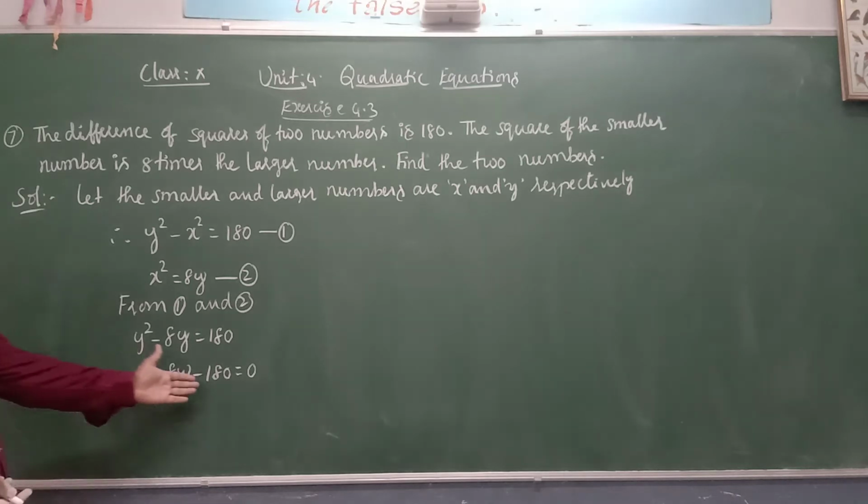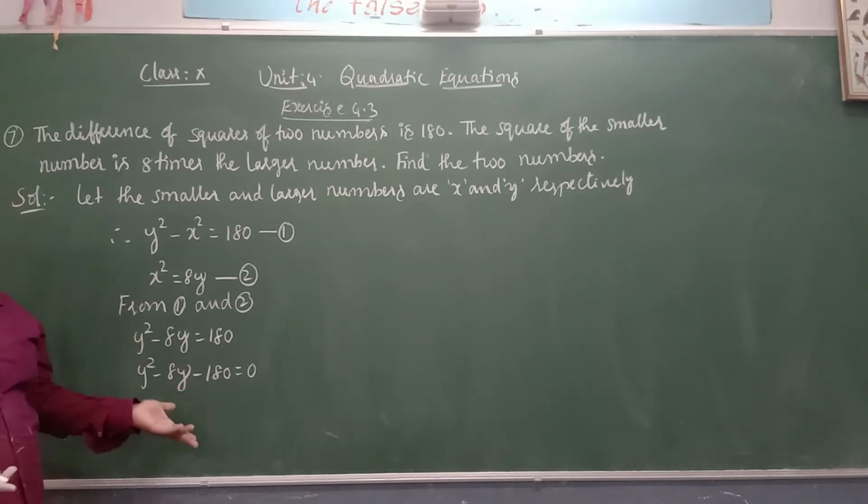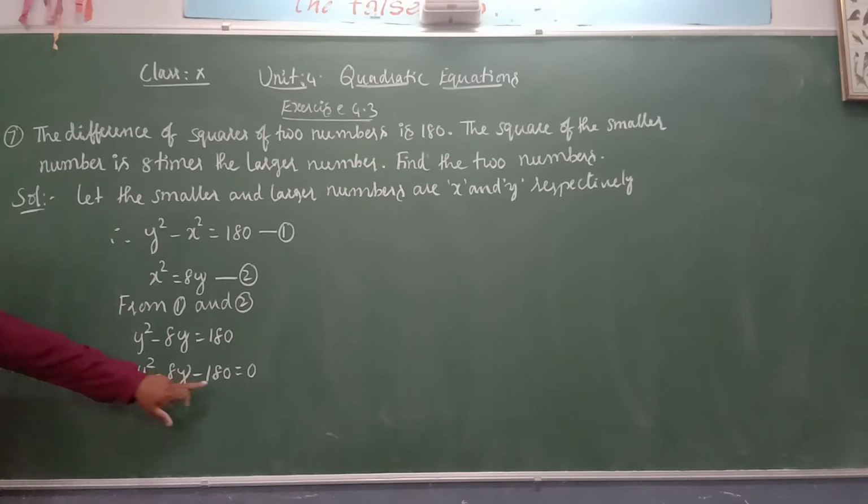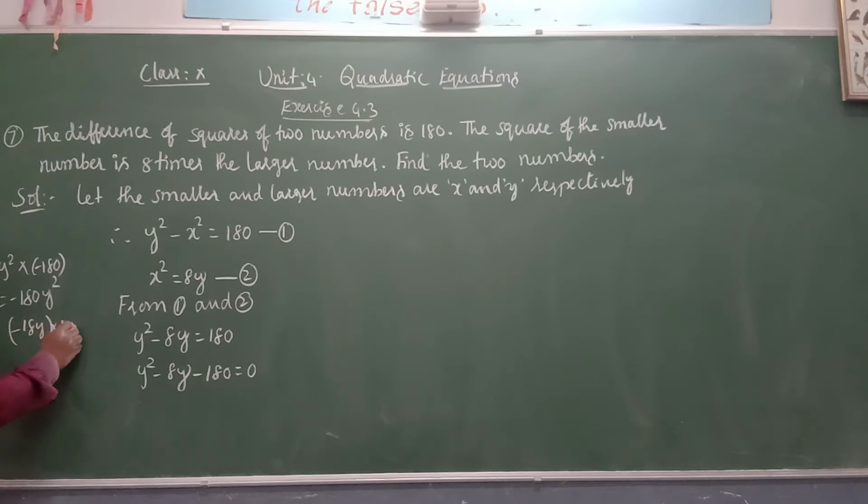For factors, we see 180 into 1, it is 180. Factors into 1 we can find, that is the product of the first term and the last term, y squared into minus 180, we get minus 180 y squared. So this can be written as minus 18y into 10y. 18 tens are 180, y into y is y squared. Minus 18 plus 10 is equal to minus 8. So this pair we will keep, it is again rough work.